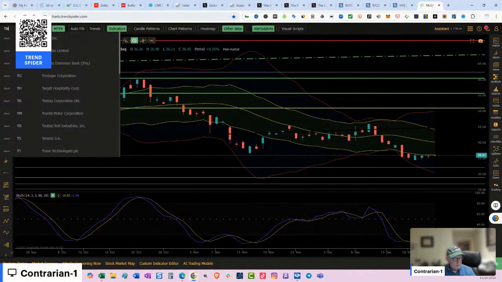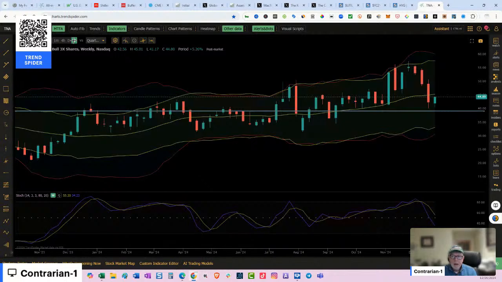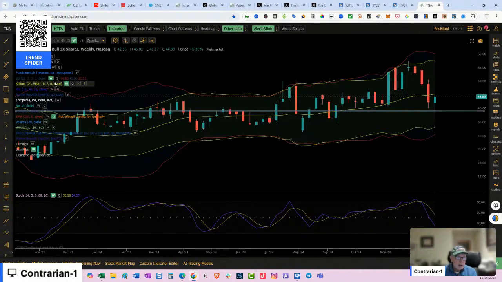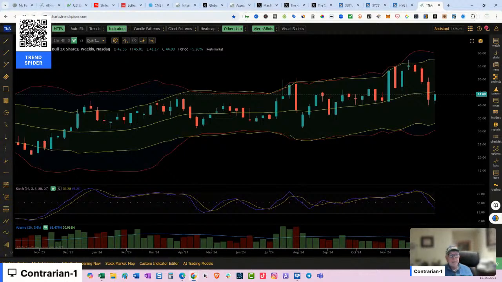TNA. This is the small caps. We kind of already went over this. They need lower yields. They're holding a support level. They're going to have a lot of problem pressing up higher. If yields move up higher, I would be very wary. This bullish reversal bar looks really, really good, but it's up on volume that is virtually non-existent. Here, one trading day left to go. So I want to be bullish on them, but the reality is if yields press up higher, it's going to be very difficult for the small caps to move up higher. So I would be very careful here with the small caps.